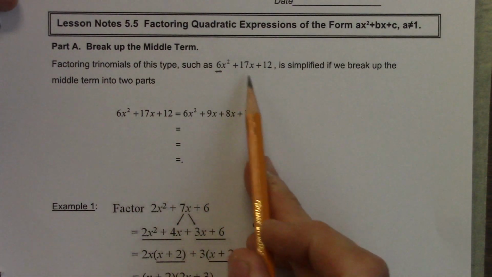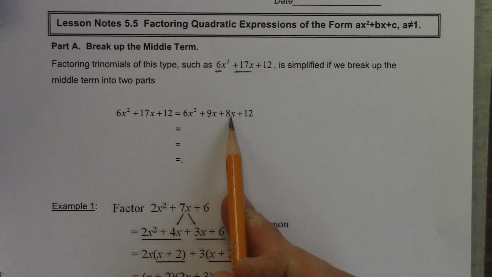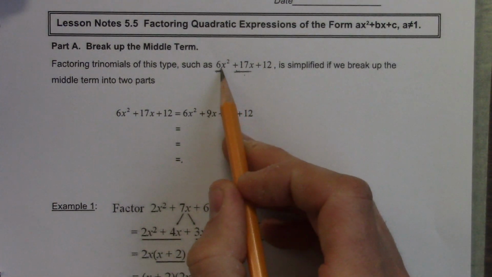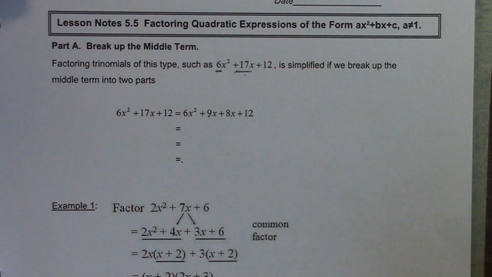So we're trying to break up the 17 into two numbers that add up to 17 here. So we've chosen 9 and 8. Those two numbers add up to 17 and they multiply: if you do 6 times 12, you're going to get 72. When you multiply those two, they get 72. So in this case,